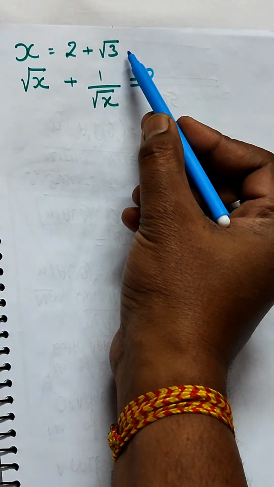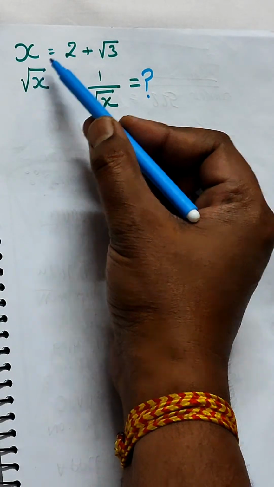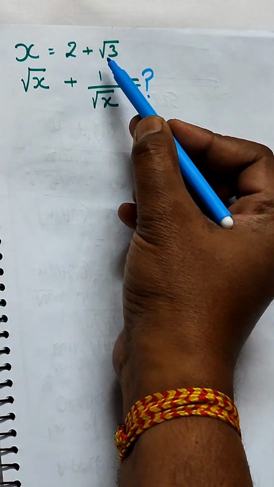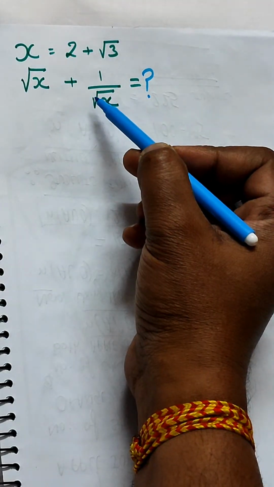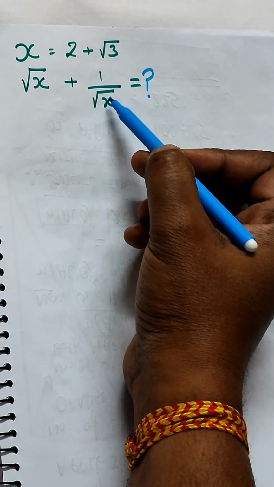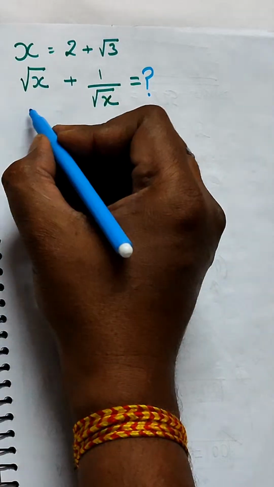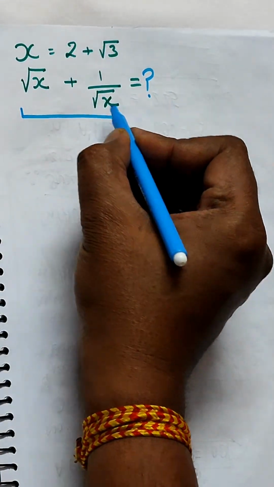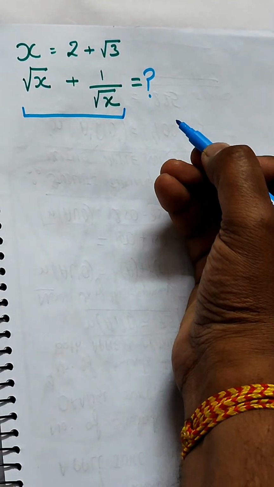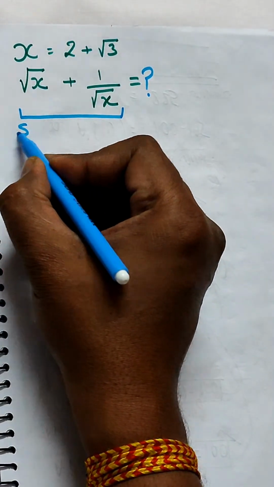This is a very good question, and if you are trying to put the value of x as 2 plus root 3 into what is required, that is root of x, that means root of 2 plus root 3, it's difficult to solve this, right? And even more difficult when the complete root x is in the denominator. So what we will do, we will just simply consider what we need to calculate, root x plus 1 by root x, and square it. So on squaring,